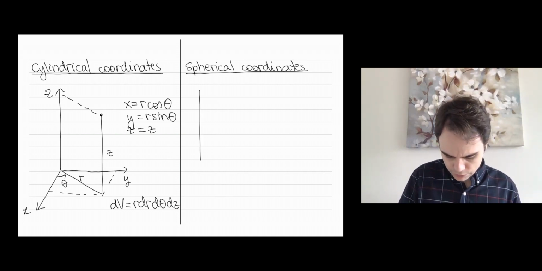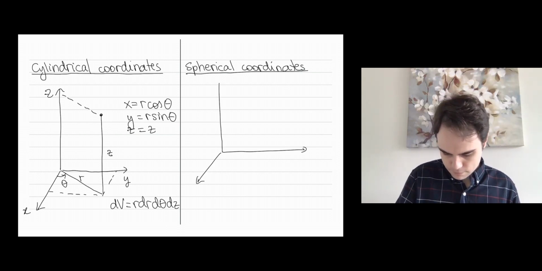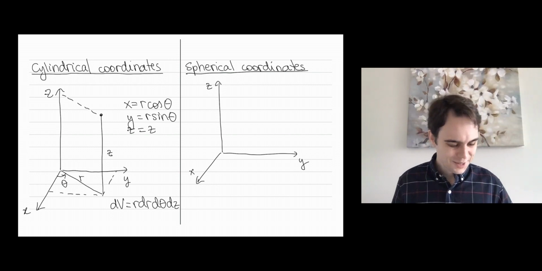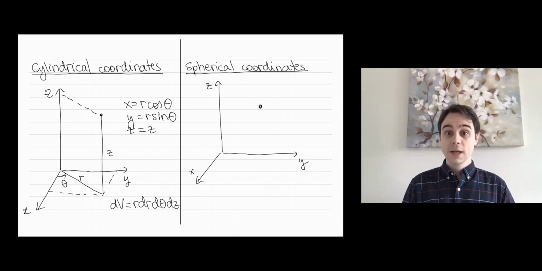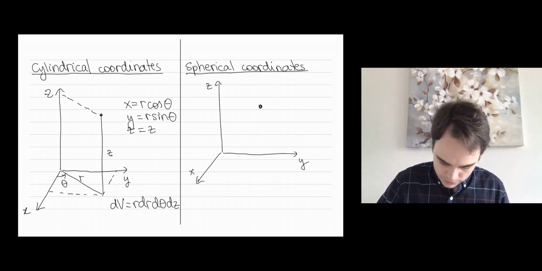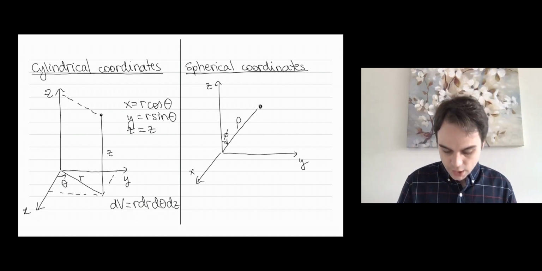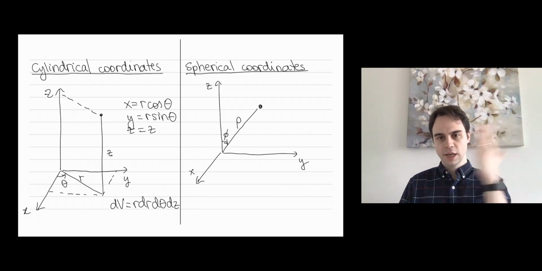So the way spherical coordinates work is this. I want my pictures looking minimally decent. So if I give you a point, the coordinates for that point are the distance from the origin, that's called rho, the angle phi from the z-axis,